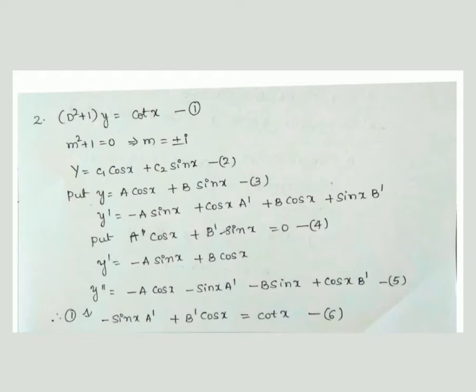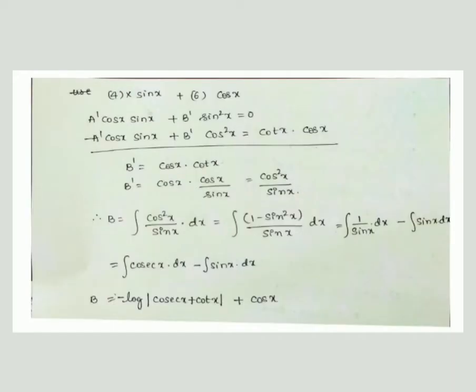So therefore, equation number 1 now. Substituting these y dash, y double dash in equation number 1, that also gives the same LHS but the RHS slightly changes. Minus sin x into a dash plus b dash into cos x is equal to cot x here, because in equation number 1 the RHS is cot x. So now what we have to do, we have to simplify equation 4 and equation 6, that is multiplying equation number 4 by sin x and 6 by cos x. Again the same process. Okay, the same terms we are multiplying for both the equations.